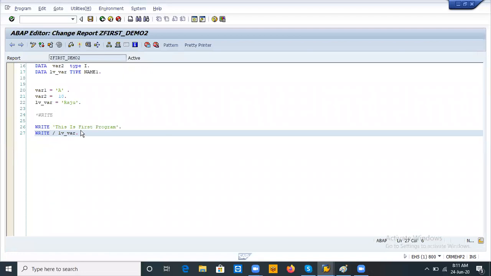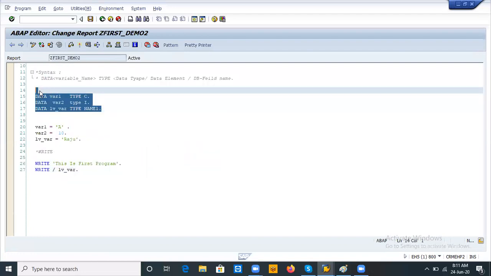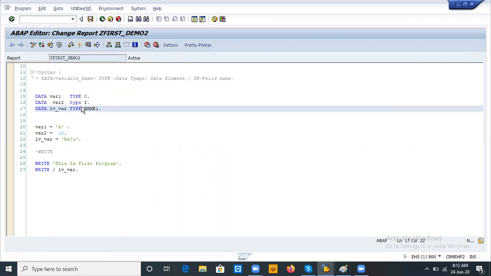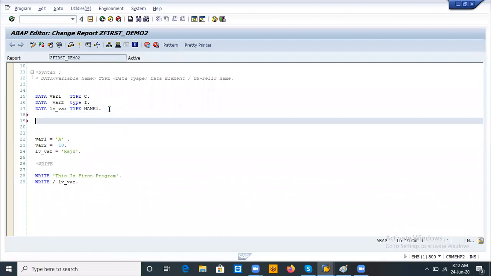One more thing I will explain. See, we are writing this many times, right? Instead of writing this many times, we can write it with a single statement. How? With the chain operator. We can write it as a single one. See, I'm using the chain operator.